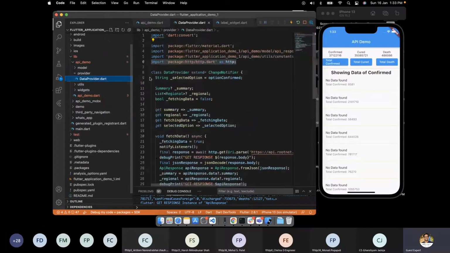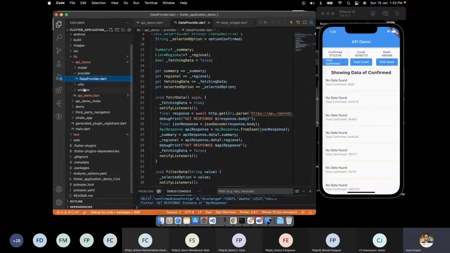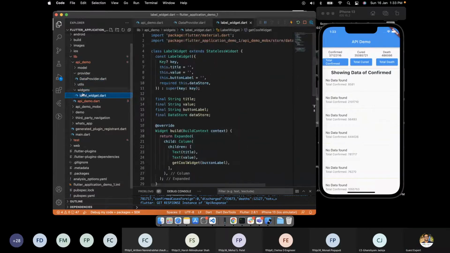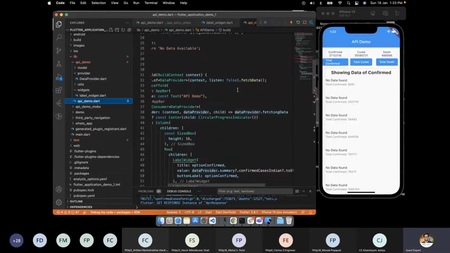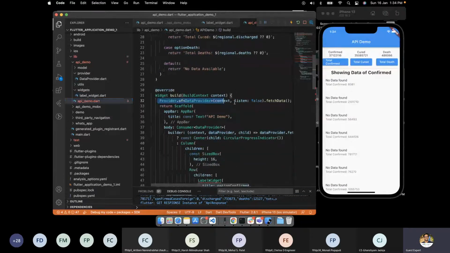So in the API demo, we have seen that we are using this line of code to fetch the data. We can do the same thing here.